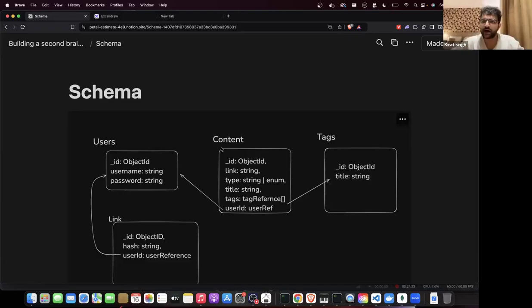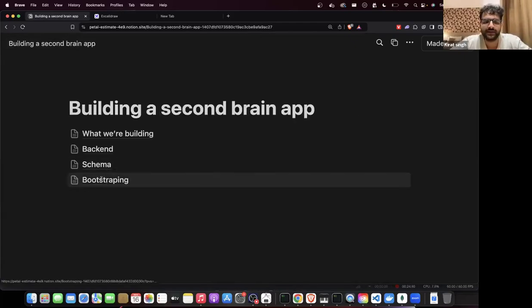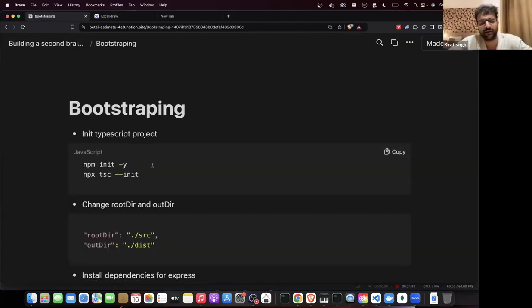Step 1 is कि आपकी मशीन पे स्टार्ट हो जाए, at least the application. You have the application running on your machine. So for that, again, there is a bootstrapping section over here. I've added everything. We are new to TypeScript, so it is totally fine. We can do it in a hand-holdy fashion for now. Let's initialize an empty TypeScript project. अभी सिर्फ backend कर रहे हैं, not the frontend. Let's initialize the backend of an empty TypeScript project.